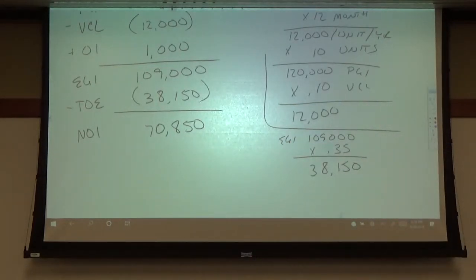But this number, and the reason this number gets used so much, is because it's easily comparable between investors. You're saying, why? Well, if you listen to what I just said, the only thing that's going to come out of net operating income, if we keep subtracting things out, as we talked about earlier, is going to be your loan payment.